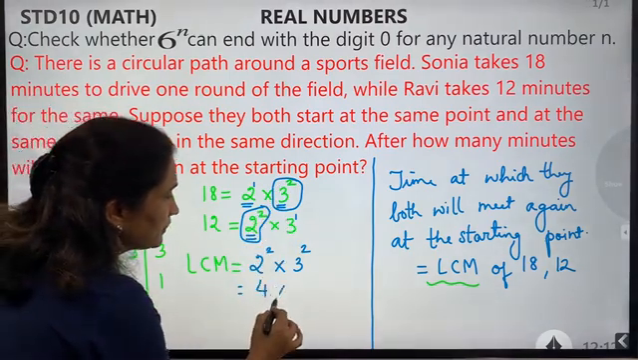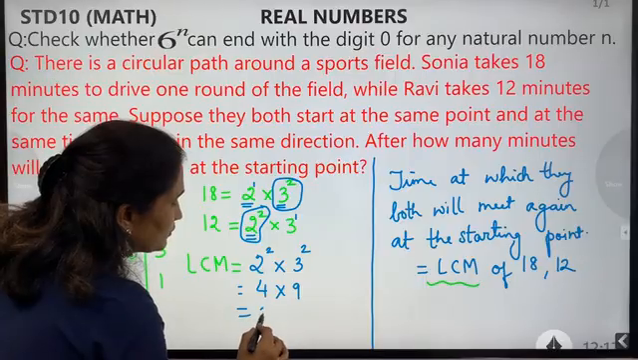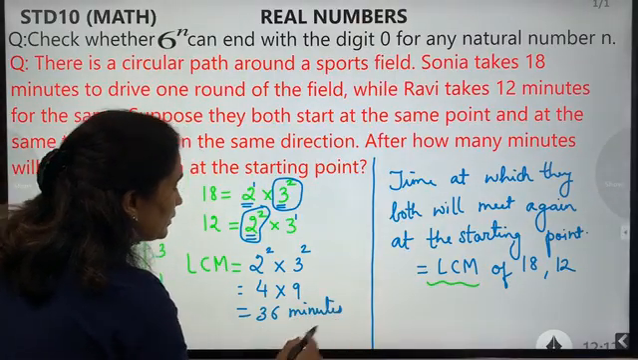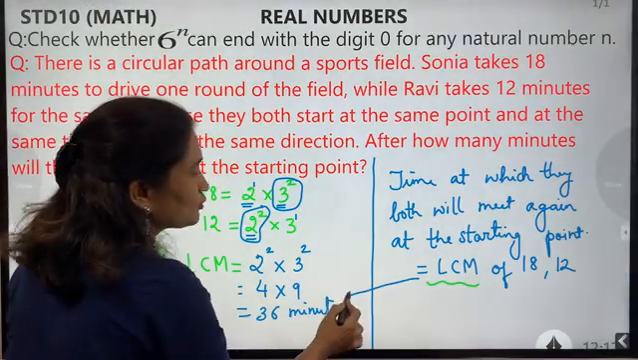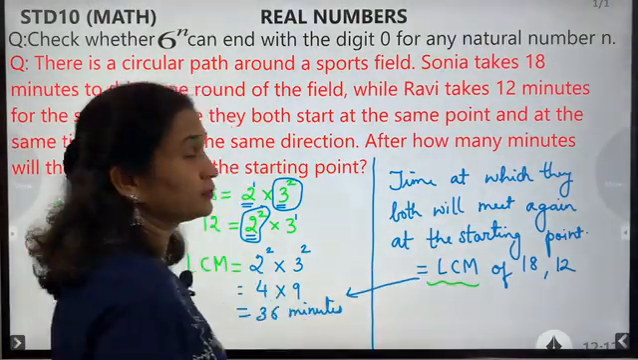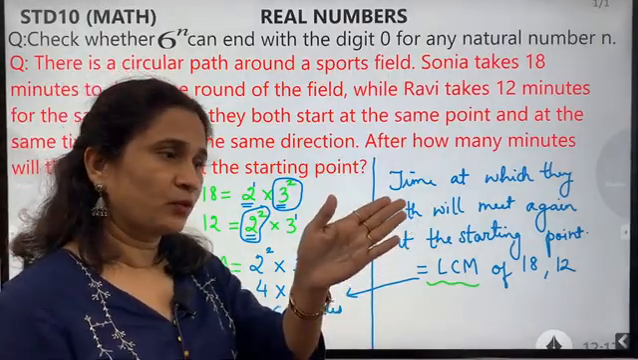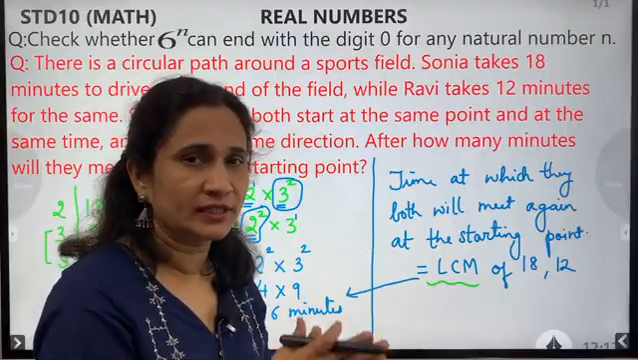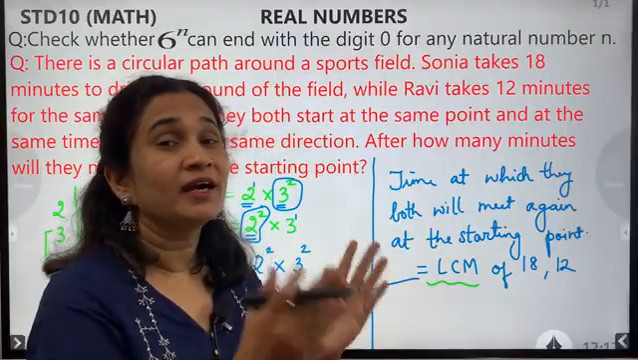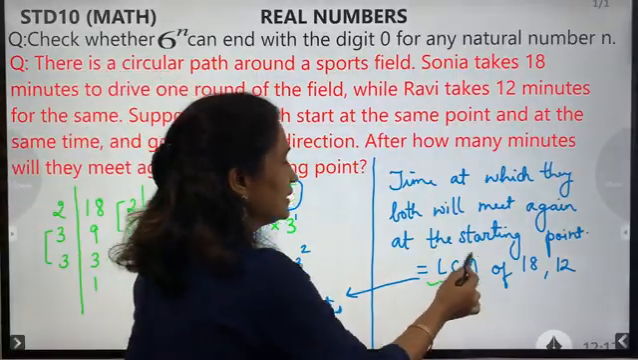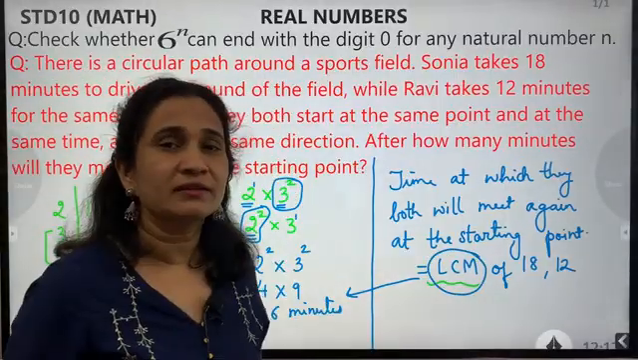So your answer will be 4 into 9. So it will be 36 minutes. Why did we say so? Because the LCM is going to decide the time at which they both will meet again at the starting point. So both of them, when they started at the same point, will meet over here again after 36 minutes. So here you have taken help of LCM, which is the main thing in the chapter